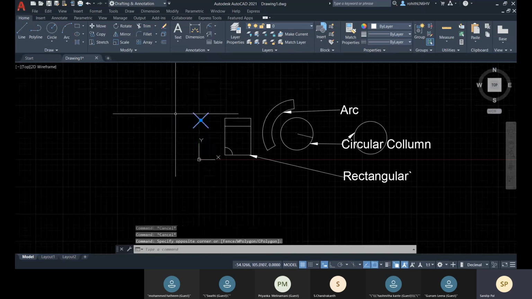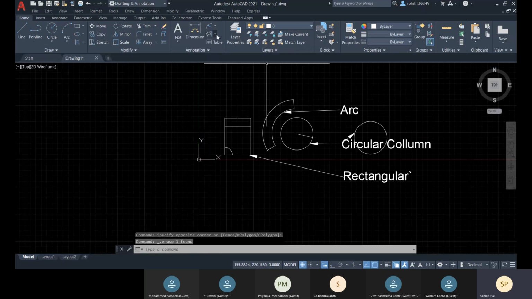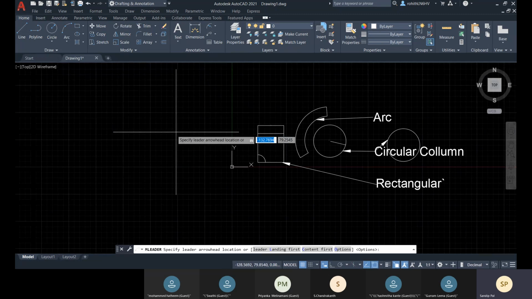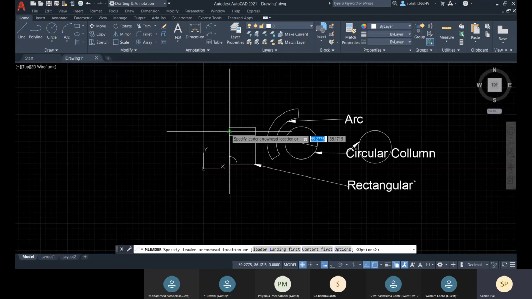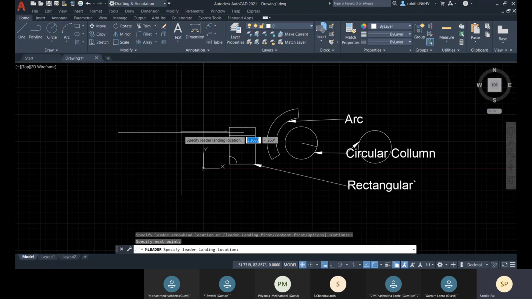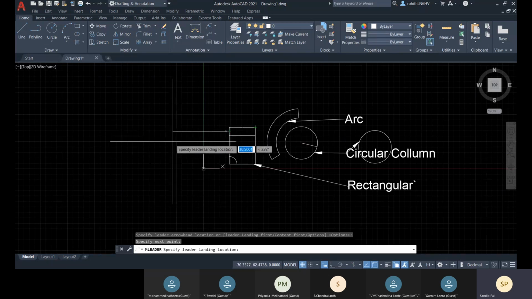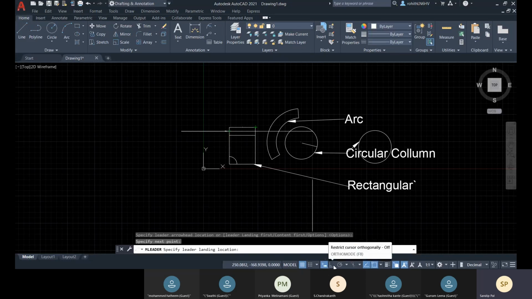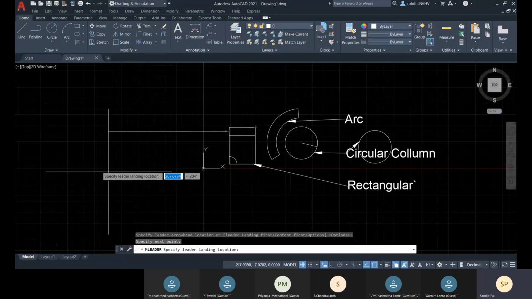Now I will create some multi-leader by using the Mars multi-leader style. Like this. So you see that first point I have defined. First point is my arrowhead, then second point there, and then the next point I will define.